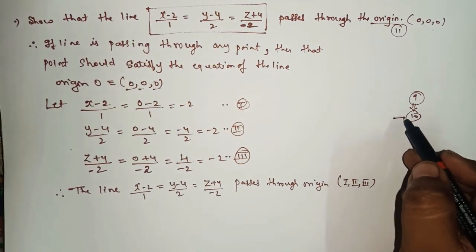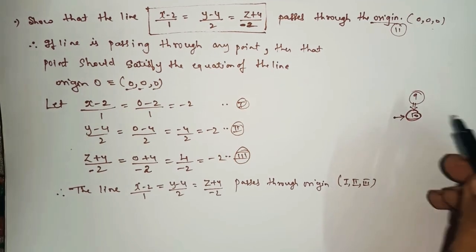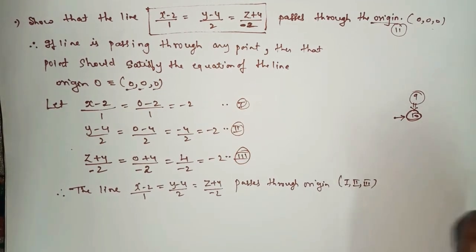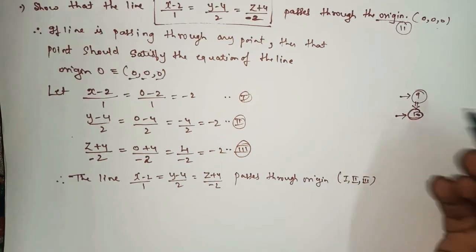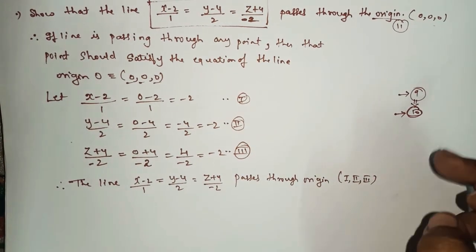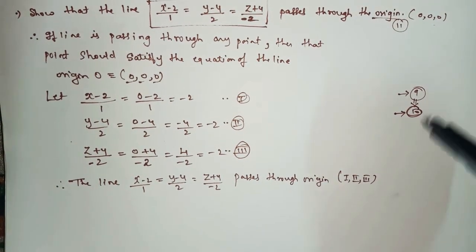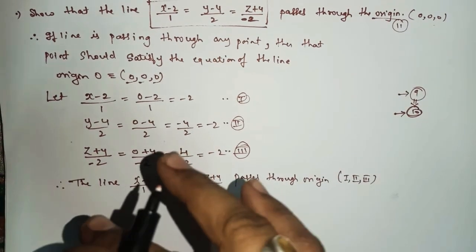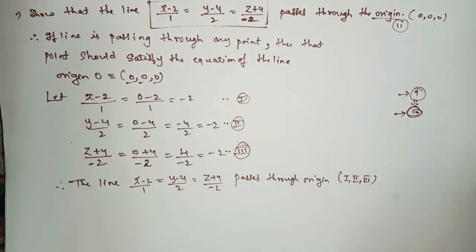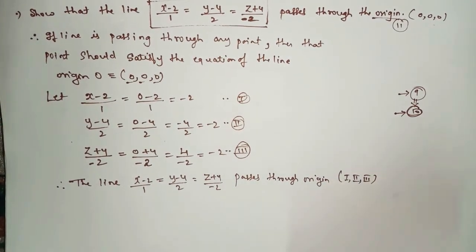So now we'll take question number 10, and in the next video lecture we're going to do sum number 9. So hardly we are left with these two questions only. In the next lecture we'll complete this exercise 6.1, and after that we're going to start with exercise 6.2. And 6.2 is based on how to find the shortest distance between two vector equations and between two Cartesian equations. So let's move on to question number 10 first, and in the next lecture we're going to see question number 9.